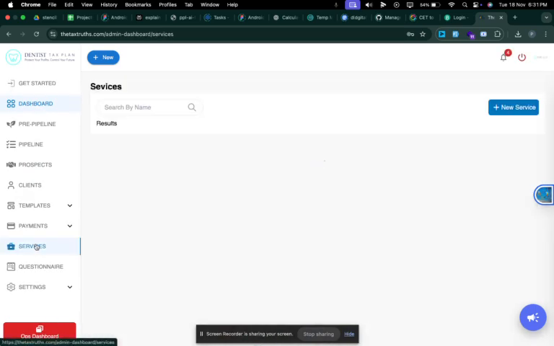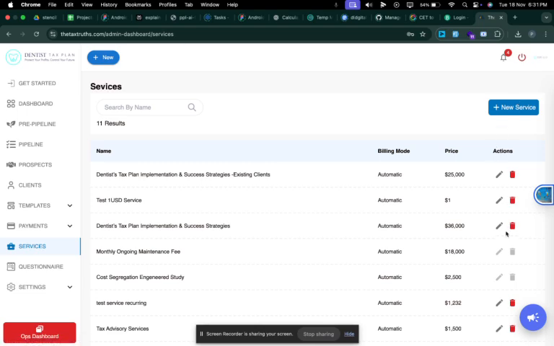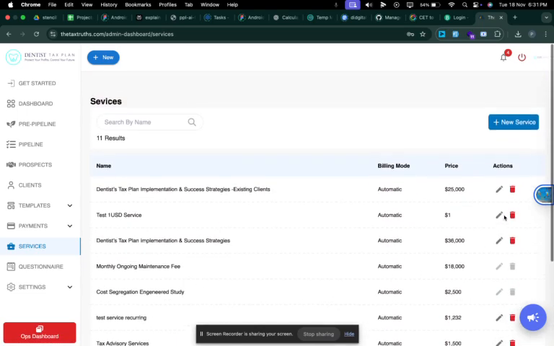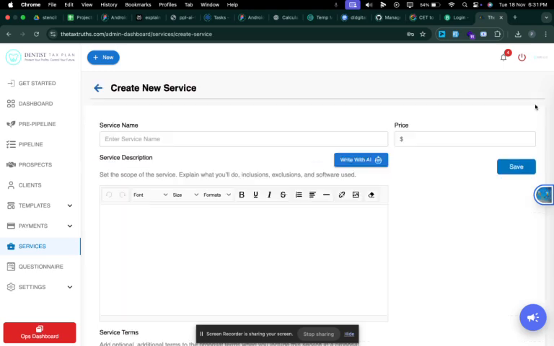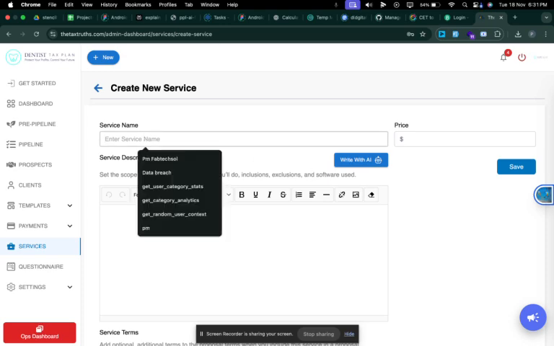We are given a number of services from the platform, as you can see here, and we are allowed to create new ones also. The important and interactive thing about that platform is the AI models. It is integrated with AI models that are helping streamlining our business flows and helping the tax advisors being productive